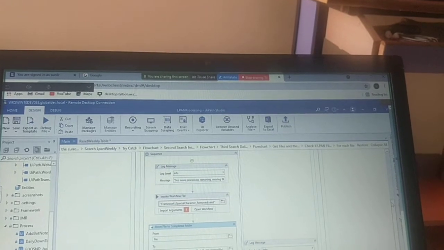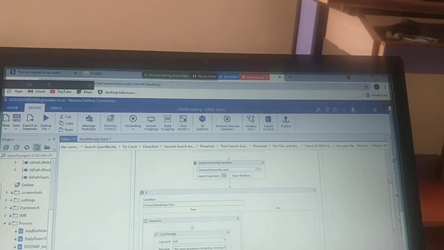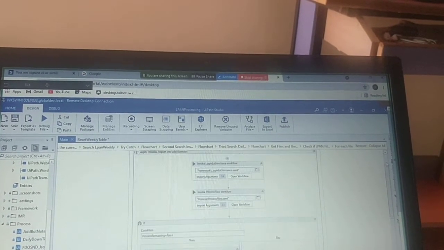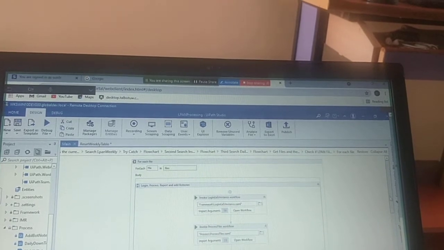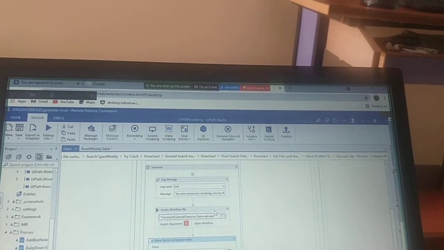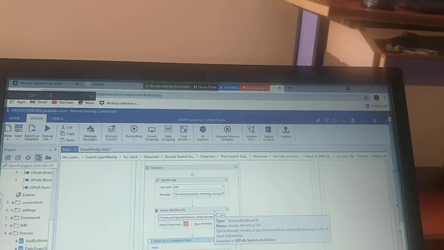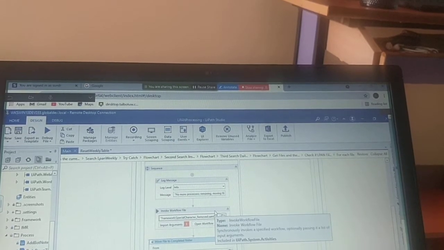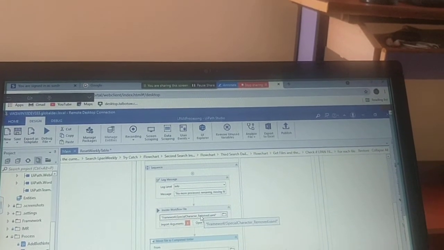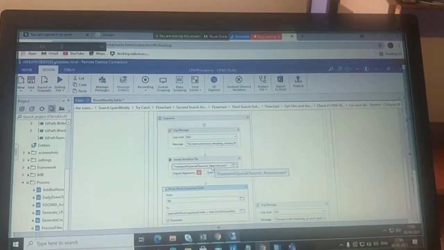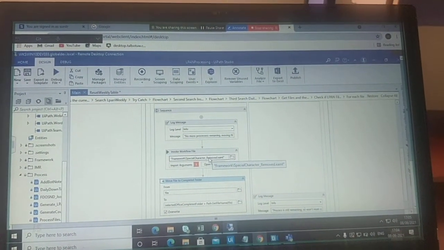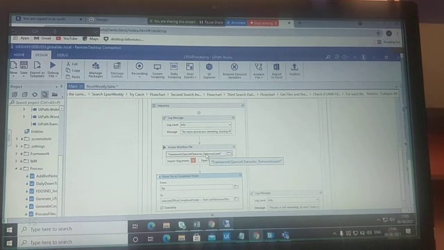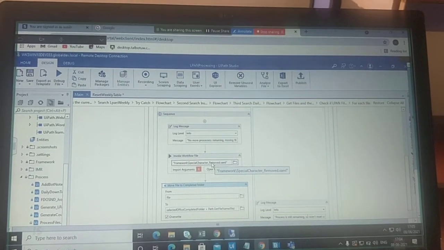Here I've written special characters. I will check this red mark, why it is there. I will check and update you. Remaining all things is fine.